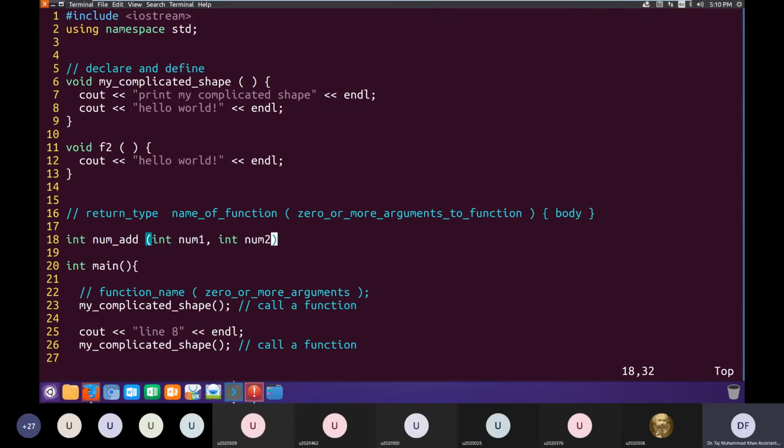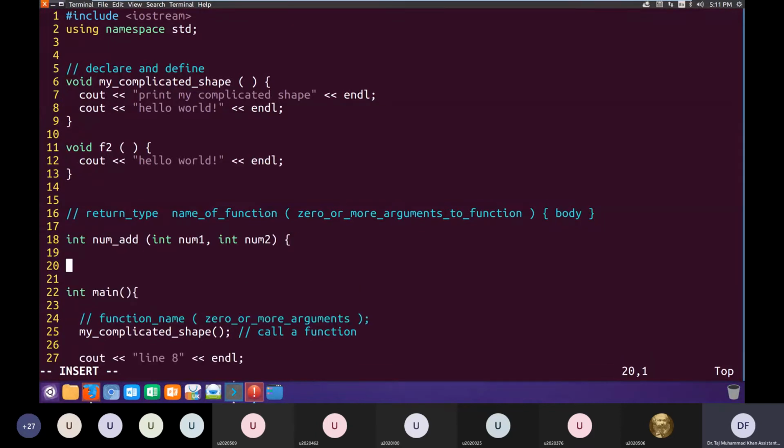Then we have closed the parenthesis, and now we are ready to write the body of this function. The body, again, we put between curly brackets. Now this is the body of this function. In the body, we'll write the code that this function will do. Right now we have a very simple function to make.